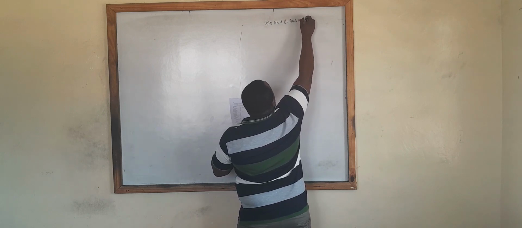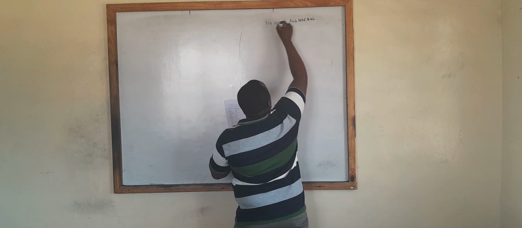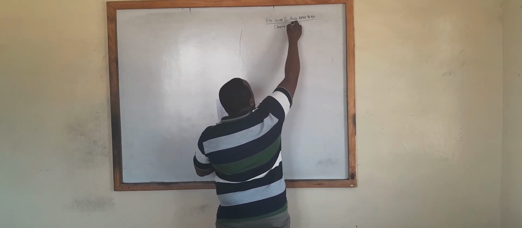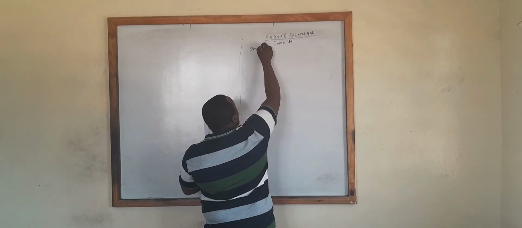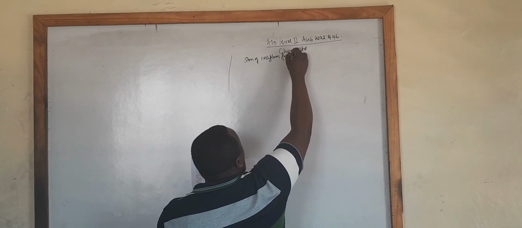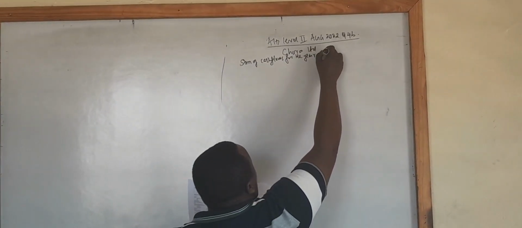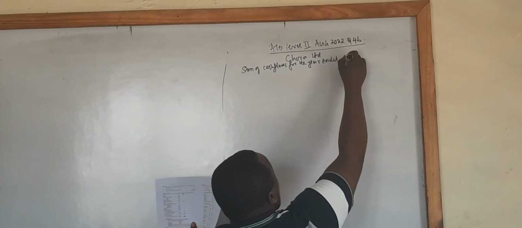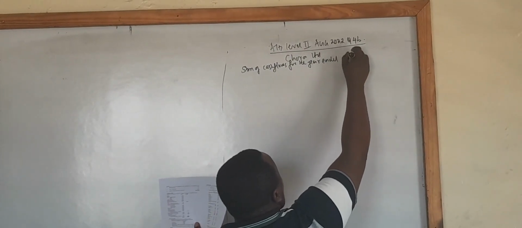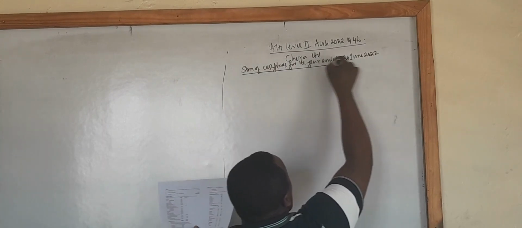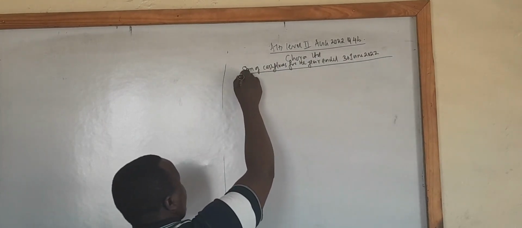August 2022, number 4B. So this is Chora Limited. Chora Limited statement of cash flow for the year ended, that is June 2022. So start with